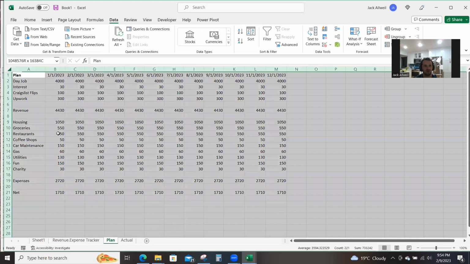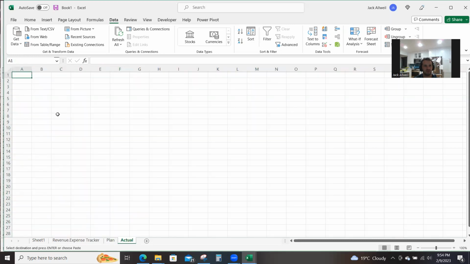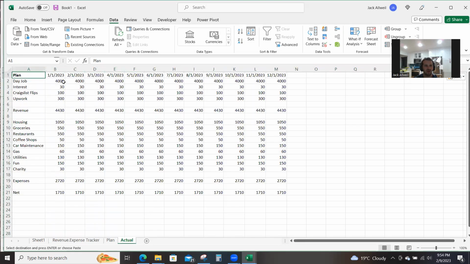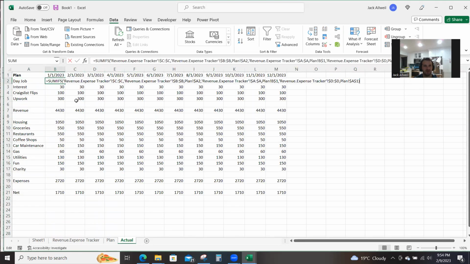Now let's construct this on the actual sheet. The cool thing about this, because we had set this up,